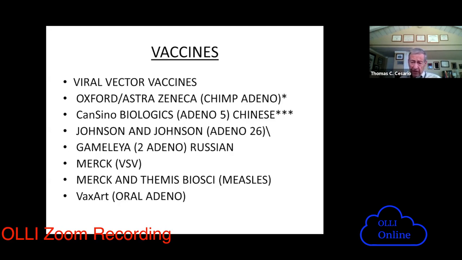And particularly you can take one, the one that I'm most excited about is Oxford AstraZeneca, which is actually a chimp adenovirus. So we don't get sick with it. But you take that chimp adenovirus and you make it look like it's the coronavirus by making it covered with coronavirus spike protein, which then the body starts to react to. And you can see 2 of these are already in phase 3.